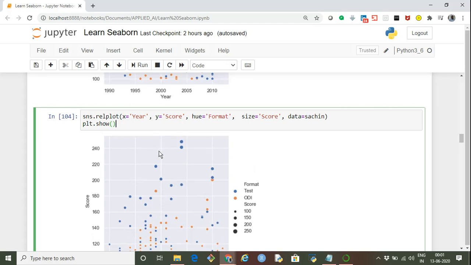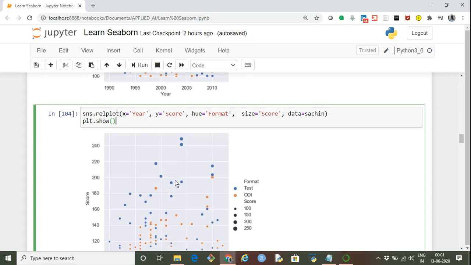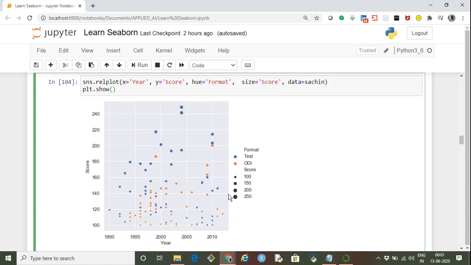We have to add just one more parameter. The rest are the same: x is year, y is score, hue is format. Hue is basically the color. Now the size of the dot is governed by score. Wherever he scored a bigger century, like 200 plus, the circle is this size, and 250 or near 250 is this much size of circle. So a bigger circle means a bigger score he made.